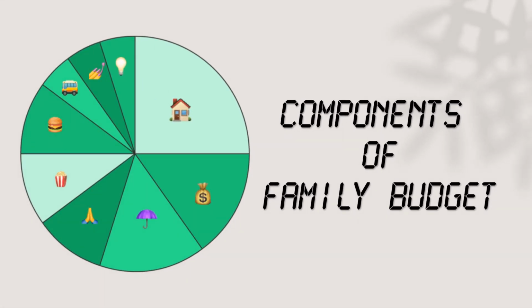This comprises the family budget. When your mom and your dad start to talk and they say, we are going to budget our money so that we could at least meet the needs of our children. So we'll try to look at what are the components, what composes the budget in the family, so that you will understand and that you will know how your parents are trying hard to have their money fit your needs.